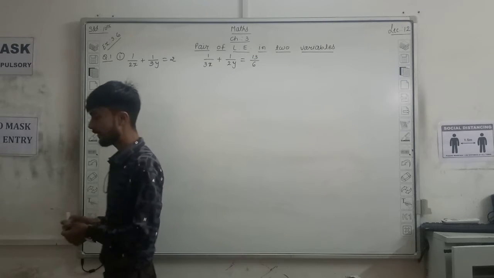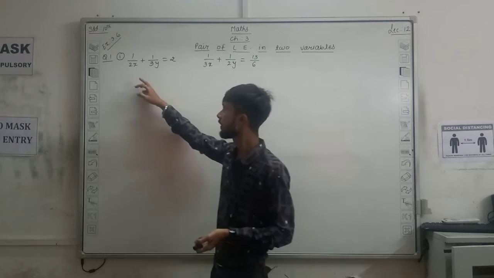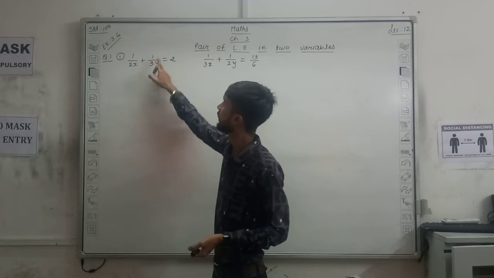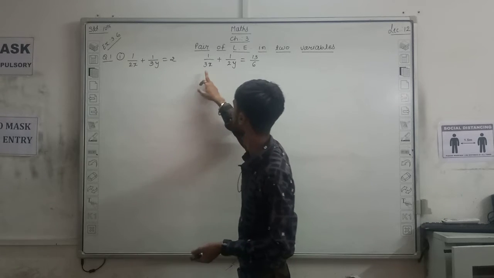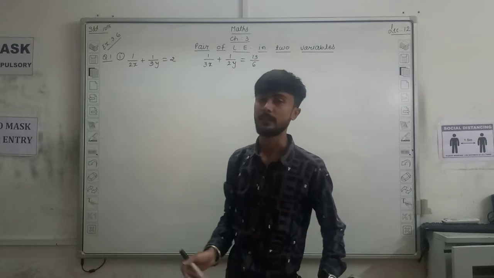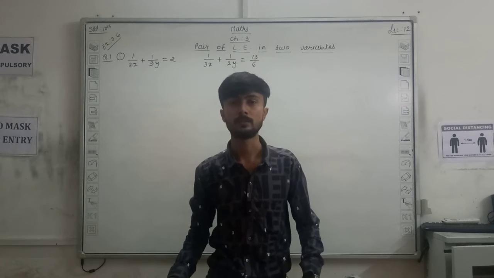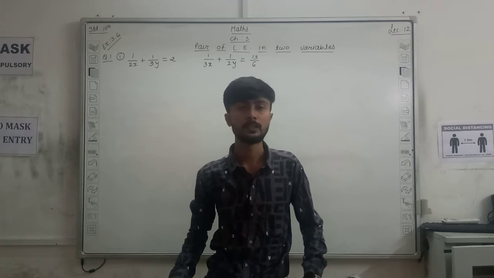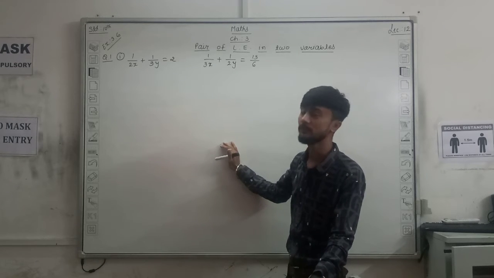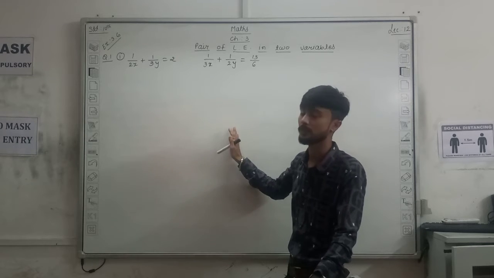Okay, so you can see here the variables are in the denominator, right? 1 upon 2x, x is in the denominator, y also is in the denominator. Here x and y both are in denominators, right? But our standard form is ax plus by plus c equals 0. That means the variables should not be in the denominators. So first make this equation in general form, convert this, and after that we solve these equations, right?